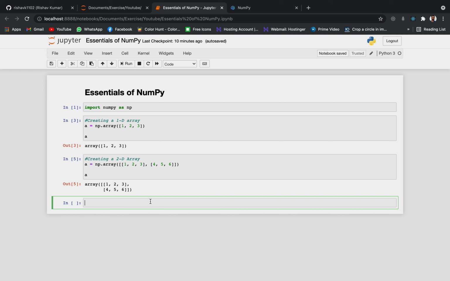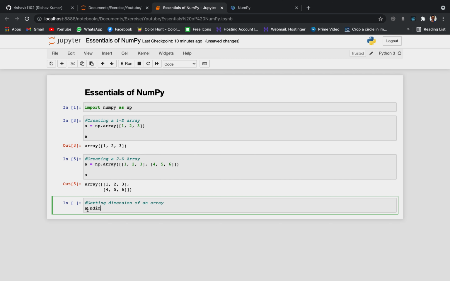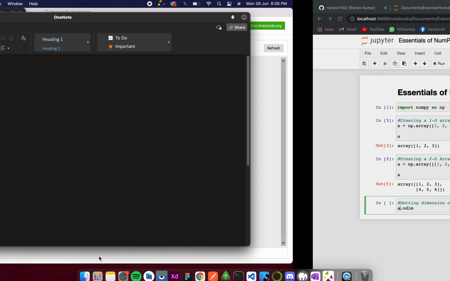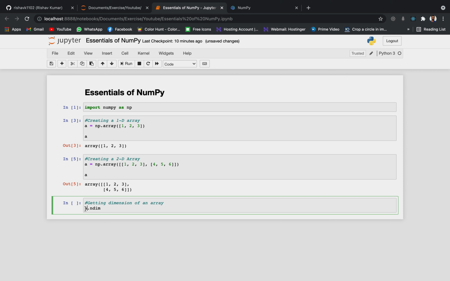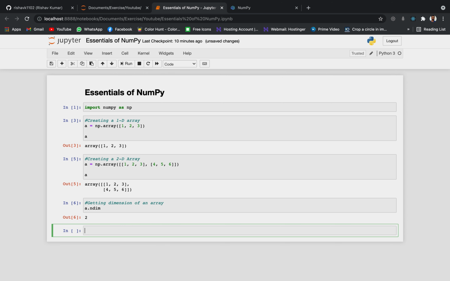Okay, so for that I'm gonna first add a comment, getting the dimension of an array. So I'll simply write a.ndim. Now over here we need to keep in mind that a needs to be a numpy array variable, and then if we add ndim to it, it prints the dimension.